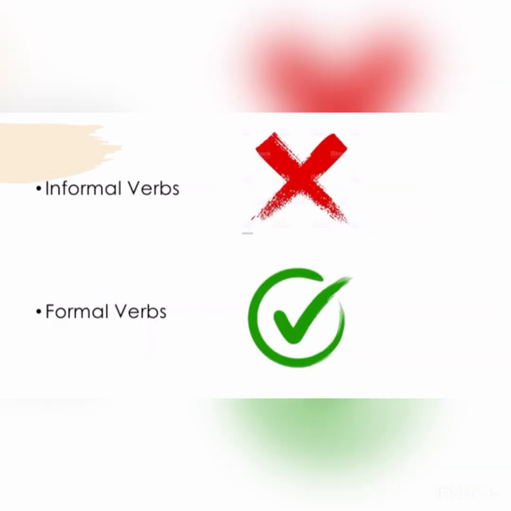Next one, informal verbs and phrasal verbs. For example, bad, good, go on, put off, find out. In the last class, we have seen that we have to avoid all these informal verbs in academic writing. Instead of these informal verbs, we can use alternatives. Instead of bad, we can use inferior. Instead of good, we can say acceptable. Instead of go on, we can say continue. And instead of put off, we can say postpone. So we have got a lot of alternatives for these informal verbs.